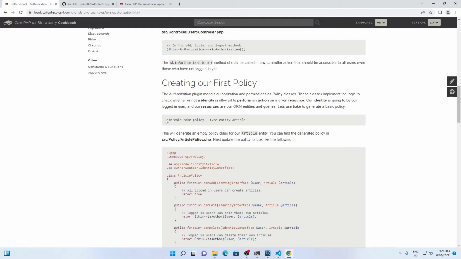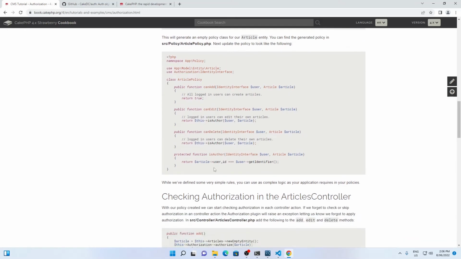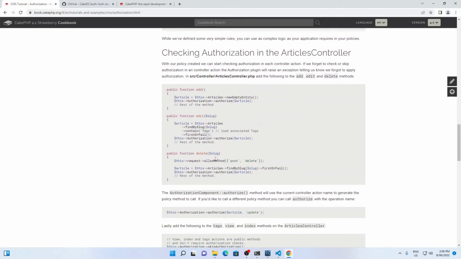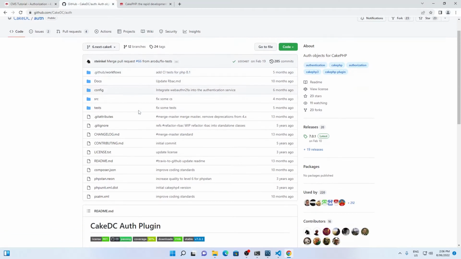Alright, now if we were to continue following this tutorial on authorization, we would start to create policies to give the person that signed in authorization for different types of actions like add, edit, delete, and those sorts of things. But we're going to now move away from this tutorial and start to implement the CakeDC Auth plugin, which gives us